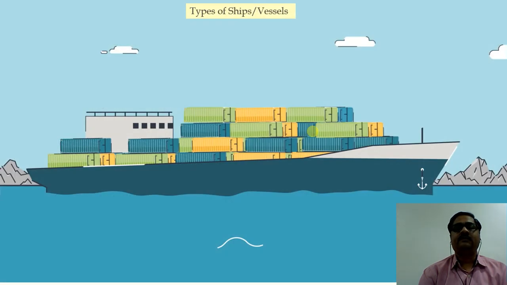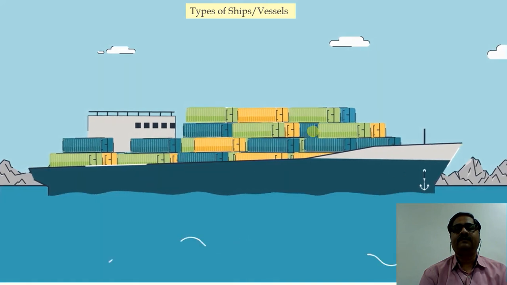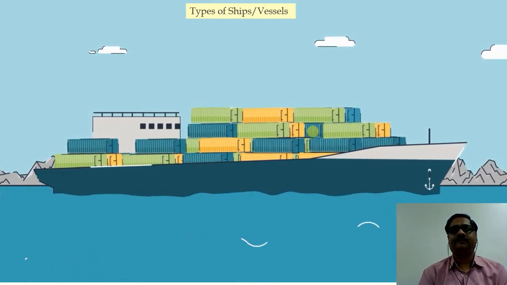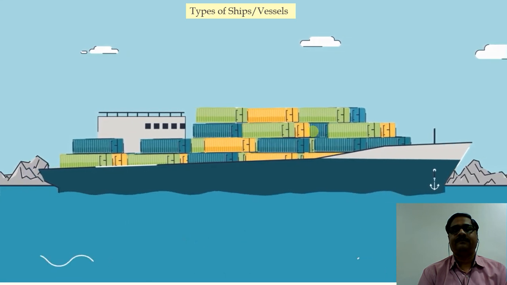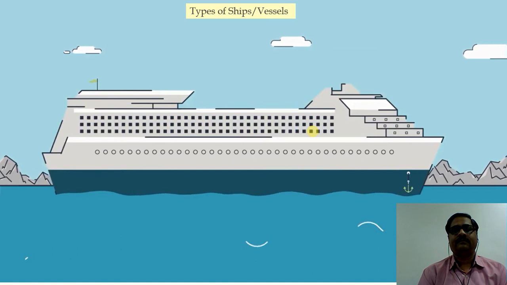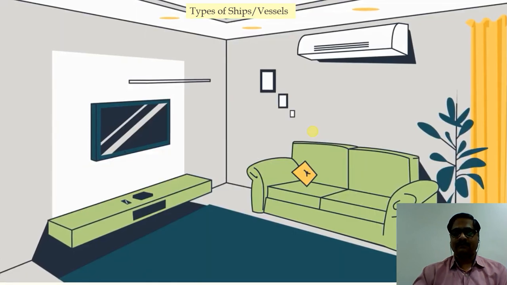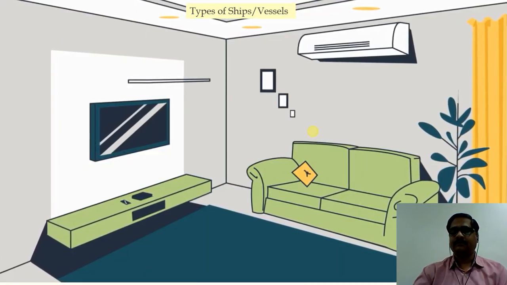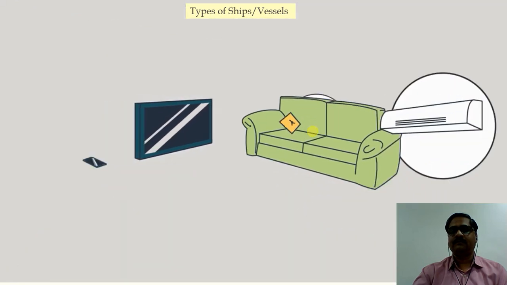Now, there are certain types of ships. So, I am going to run a brief video which is going to discuss the types of ships and vessels. Many people assume that all products can be shipped by any vessel, but in fact, there are more than 10 types of vessels, each of which is specified to ship certain types of products. So, if we look around at the daily use products we have, like electronic devices,